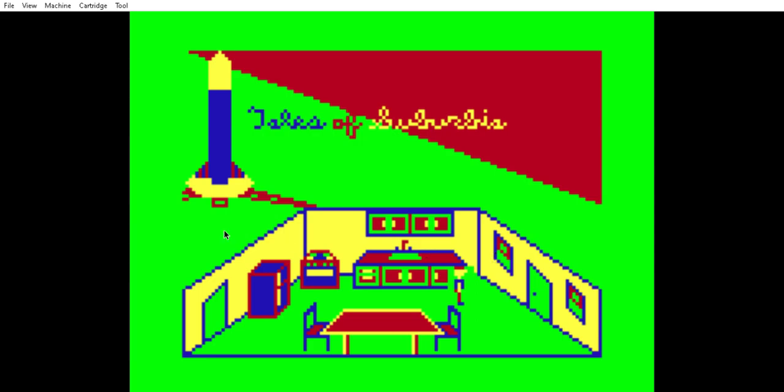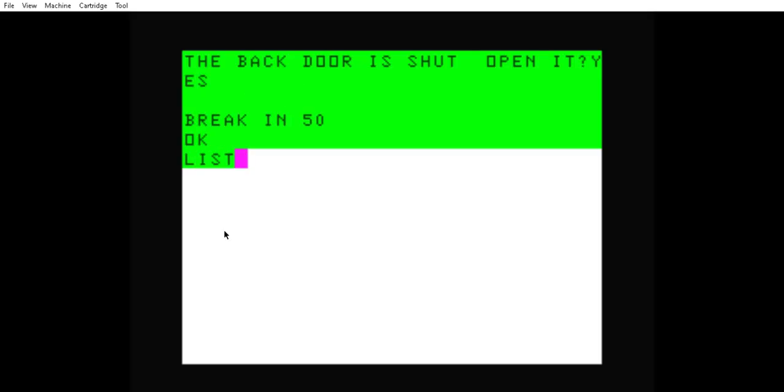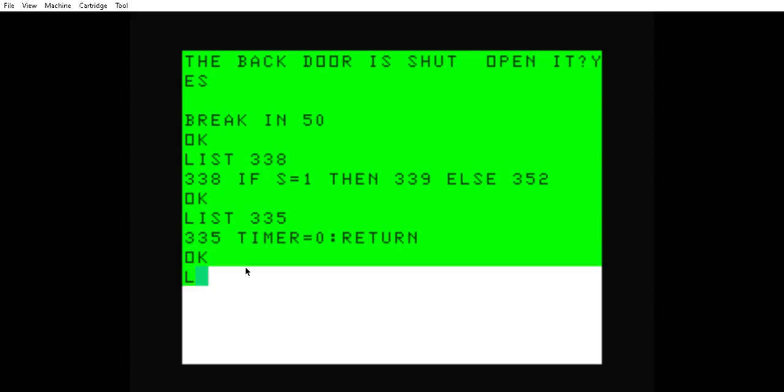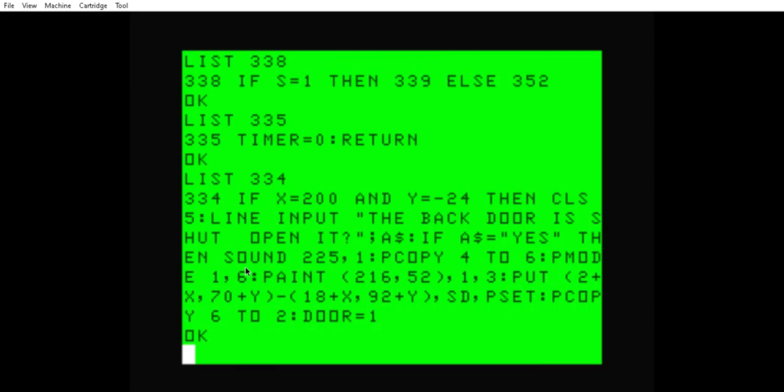So let's break out of this, and we're going to list, I think it's 338. That's not 338. List 335. That's not it either. I'm just guessing here. Here it is, 334. So here's where the door opens. I just need to change